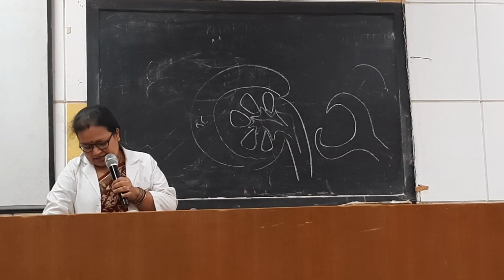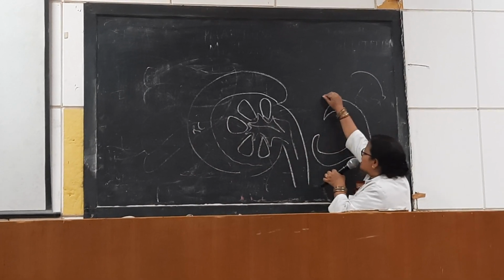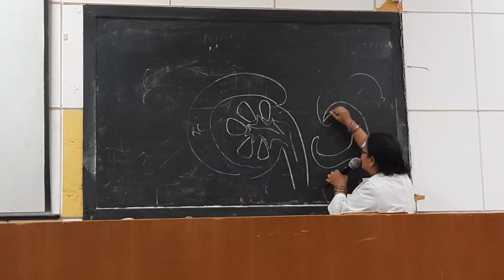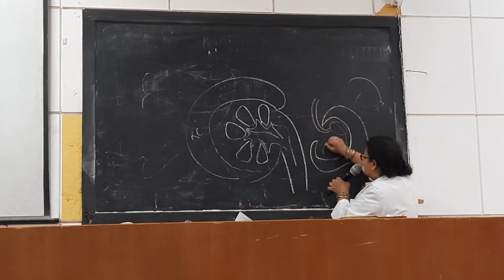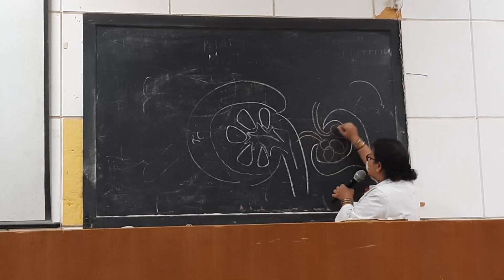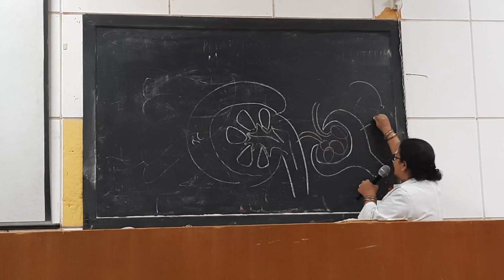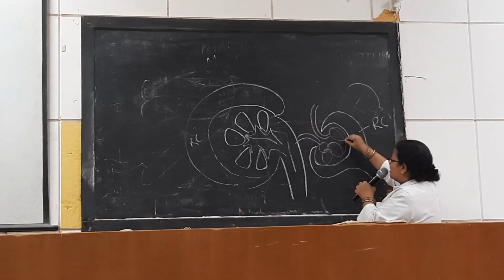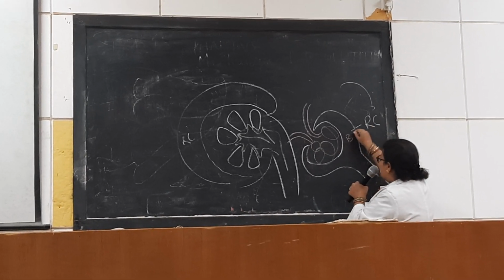the tuft of capillaries, that is the afferent arteriole. It enters and divides into capillary loops. So this complex is called the renal corpuscle, which consists of the Bowman's capsule plus